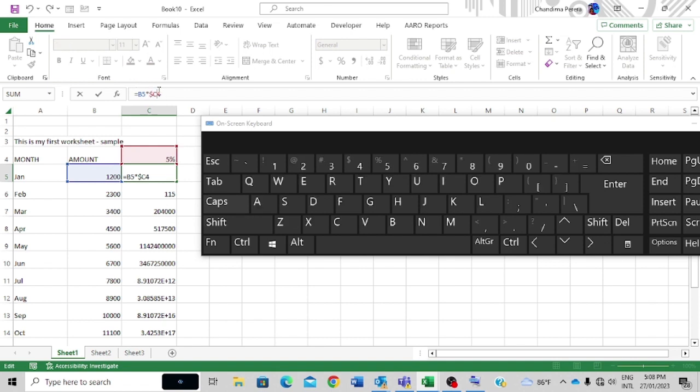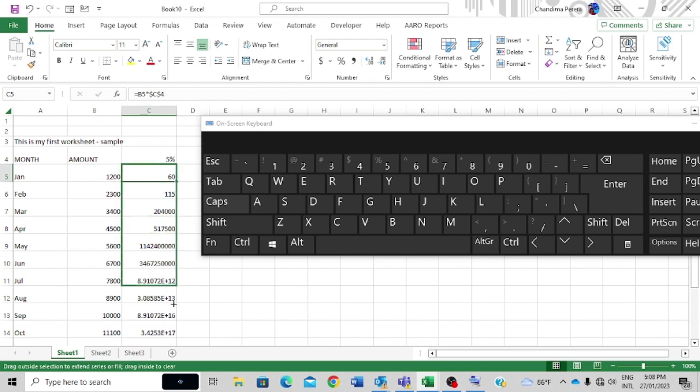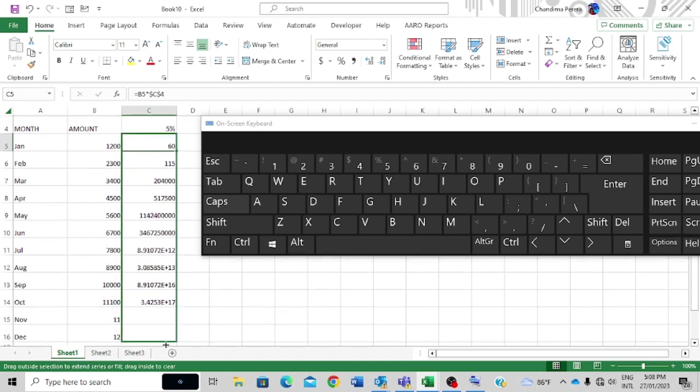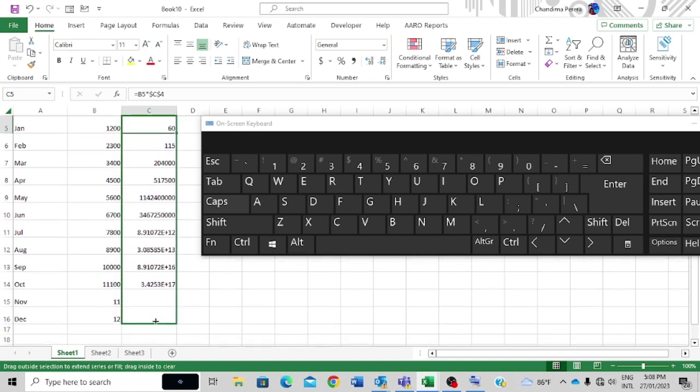Just type the $ sign in both. Now we have already locked this cell, right? We fix that cell by pressing the F4 function key straight away. It will automatically give the $ sign in between this C, or else just type the $ sign before the C and after the C. Press enter. When you copy it down, it will automatically do the calculation and